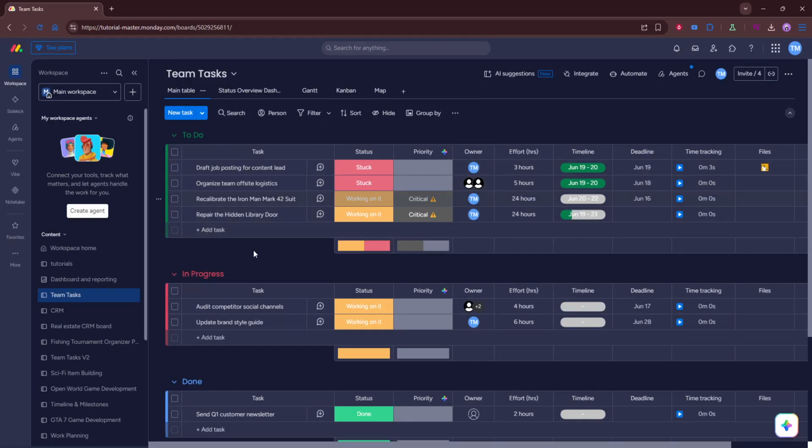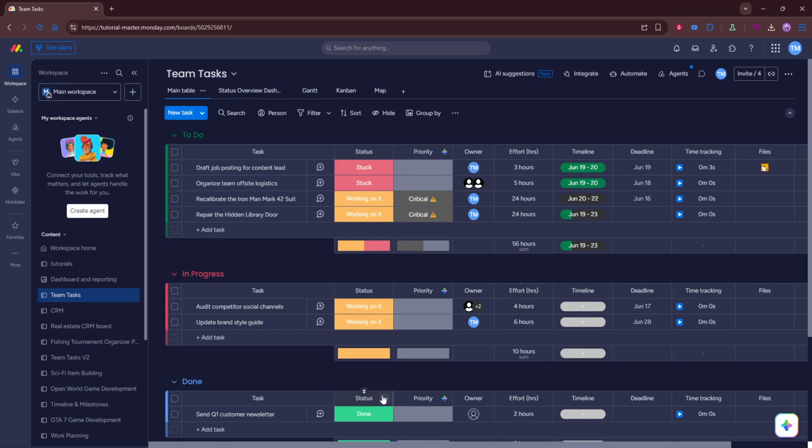in one place. Once you're in the table view, take a moment to review your items in rows and columns. Each row typically represents a single task, item, or record, while each column contains a specific type of information related to that item. This format makes it easy to scan your board quickly, compare details across multiple items, and spot